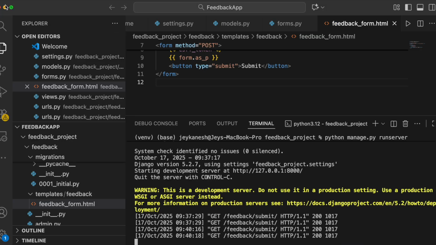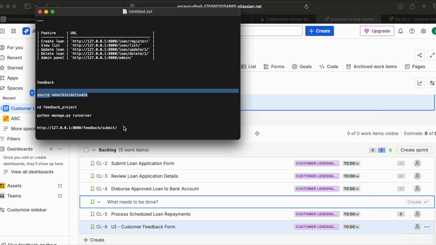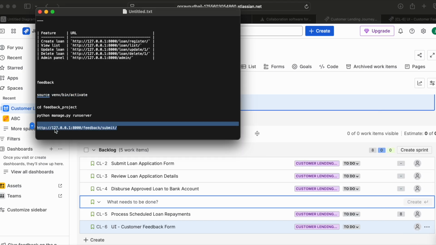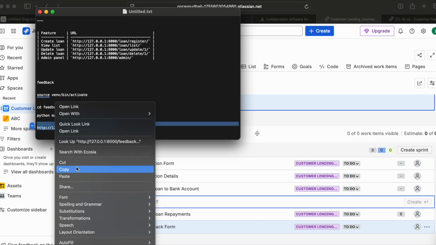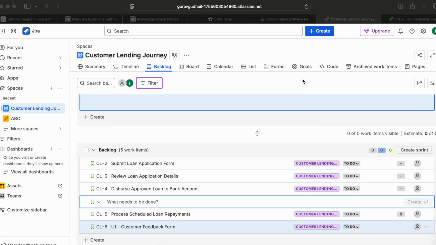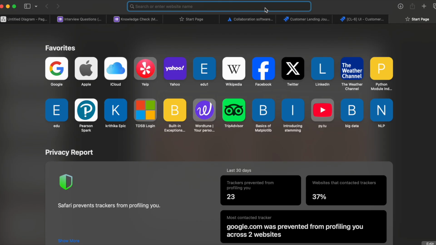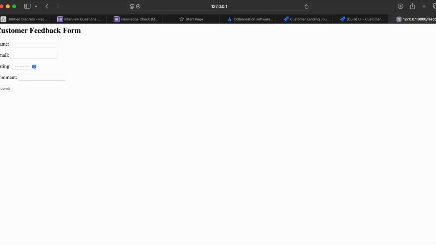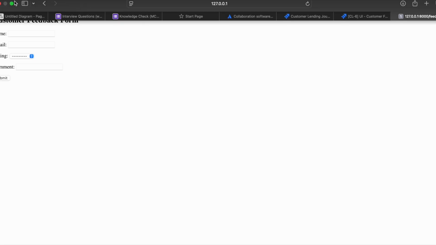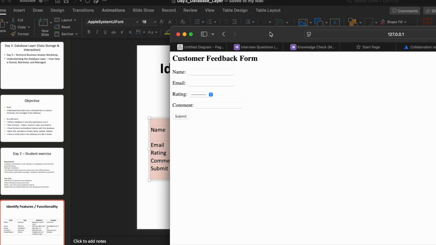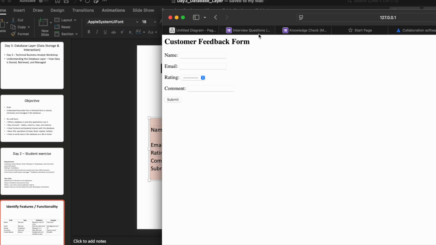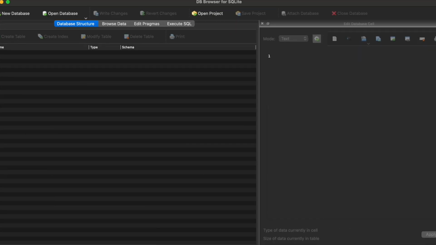So maybe I can access the UI. Okay. There we go. I'll bring it a little bit to the middle. Sometimes this is not working. And at the same time I'll open the database also. I'll show you how the